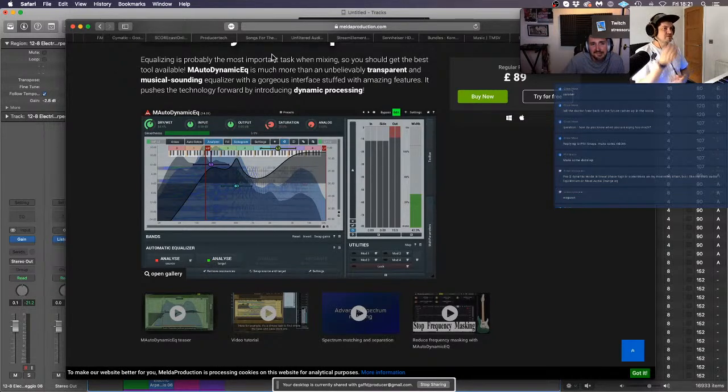And so something like this would have been perfect because I could have just slapped that on and not spent hours doing dynamic EQing. For 70 quid, it's probably saved me about 5-6 hours worth of searching around every single tune for stuff,